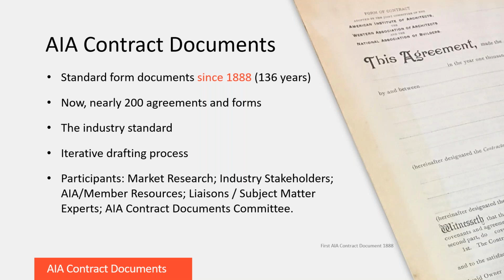Beyond their widespread use, AIA Contract Documents are an industry leader because they incorporate over a century of case law and legal precedent. With each revision, the design, construction, and legal professions evaluate potential new language and adapt it to match industry best practices. Our documents are drafted to represent each party's interest equally, and much of the contract language is focusing on allocating risk to the party best able to manage and control that risk.